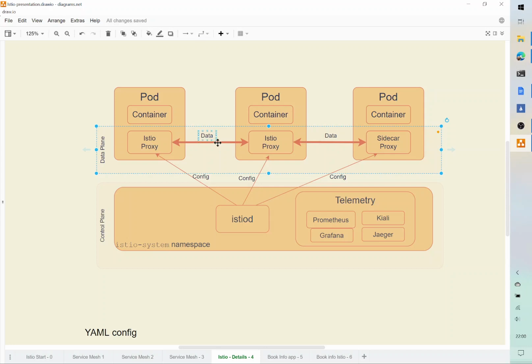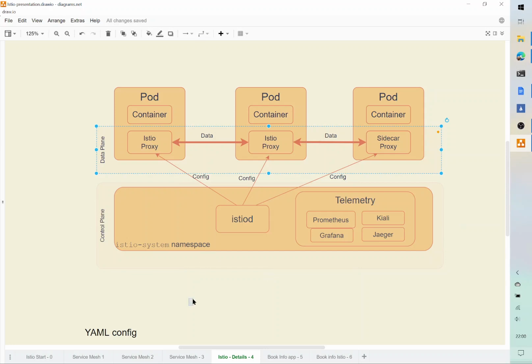The way Istio allows you to configure it is with custom Kubernetes resources. So just as you can define resources like deployments and persistent volume claims in YAML, Kubernetes also allows you to create custom resources. Istio uses this to define its own custom resources such as virtual services, destination rules, authorization policies, and peer authentication in YAML.